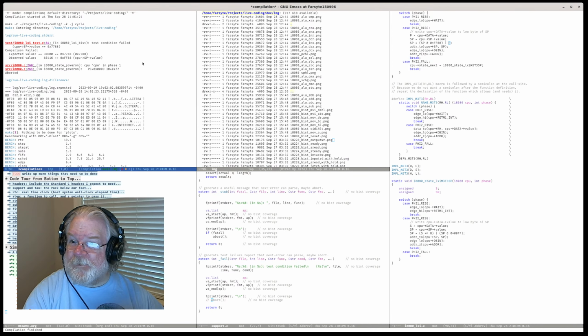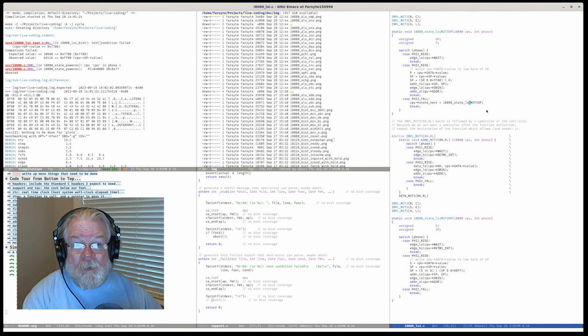So a couple things are happening here. First off, we're getting a test condition failed that looks like we're not running all the way out to the end of the world. Like we're stopping before the last instruction. Oh. No. Read M1 int is being set in these two and nowhere else.